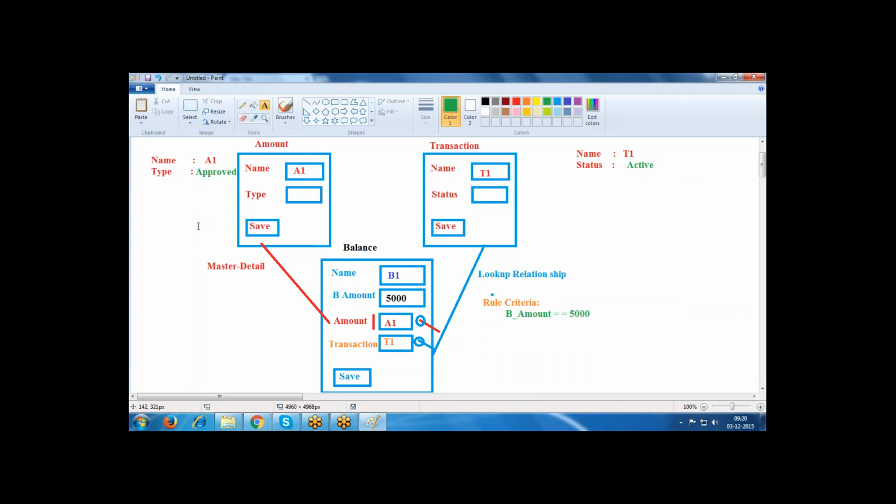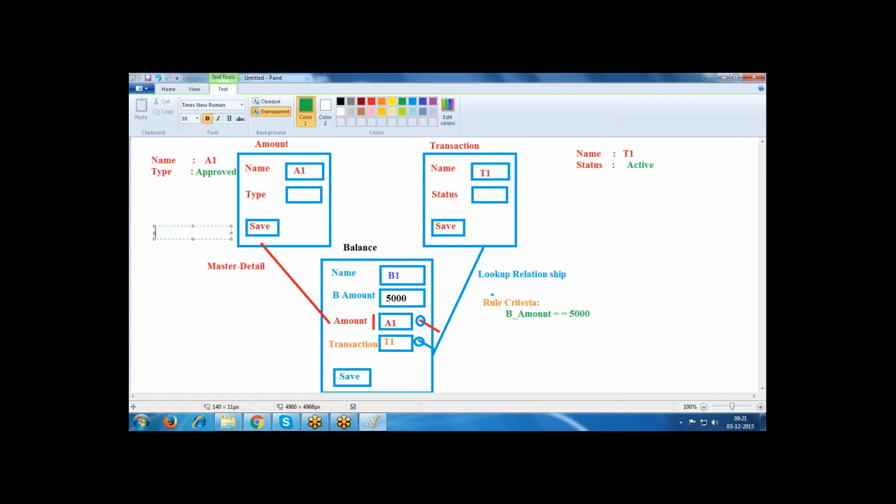How to update these two fields? What is the concept we are using? In the administration, we are using the workflow. In the development, we are using trigger. Why we use the trigger? Already the workflow is supporting. What is the reason, Sindhuri? Because for lookup relation, it won't support. Yes. Workflow is supporting only master detail relation.